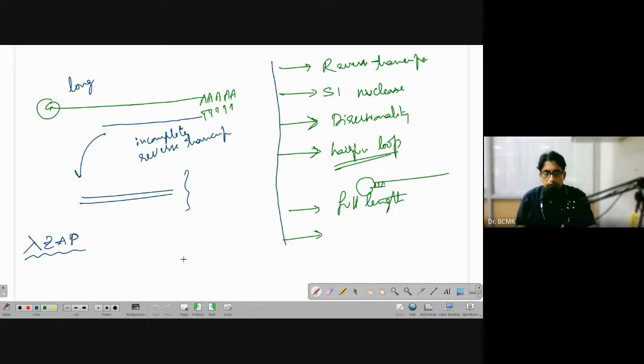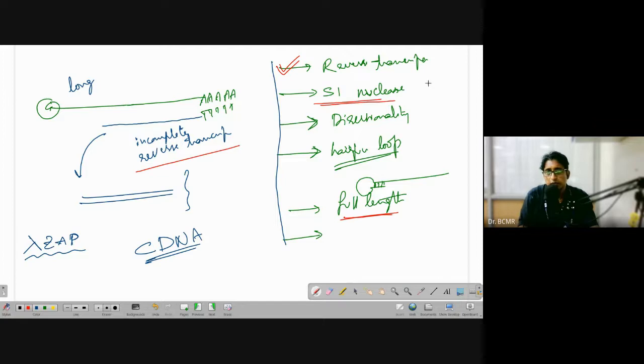So when we were discussing cDNA libraries, we had come across some problems. One of them is with reverse transcriptase. Maybe it cannot reverse transcribe completely because its processivity is low. Sometimes there are truncated mRNAs. That is one problem. Using S1 nuclease is a problem because when it digests the hairpin loop, we will lose